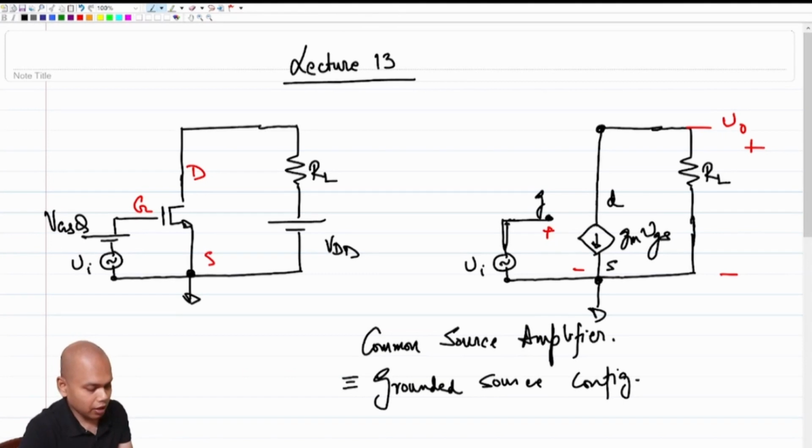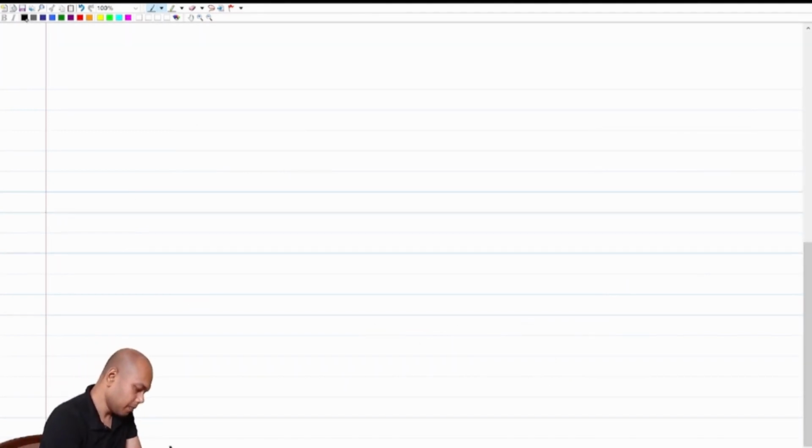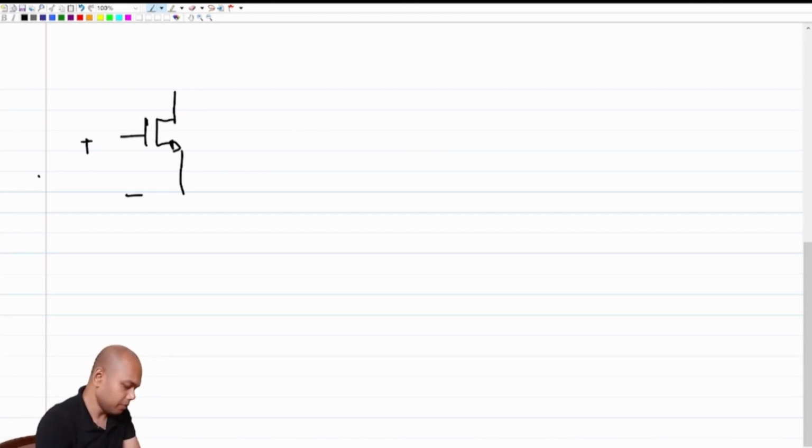But it's a different ball game altogether when we say that the transistor should be in saturation even when I apply an incremental input, right? And we saw that in case of this particular configuration, if incrementally this is the VGS, and assuming the transistor is in saturation,